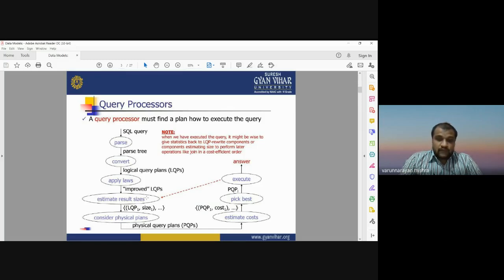Suppose you have not found a satisfactory answer or a good result. Then it will be executed again with some results applied by the logical query plan. It will only stop when you have a satisfactory answer, the right answer. This is a recursive, continuous, cyclic process, and it works until we have a satisfactory answer from our database.